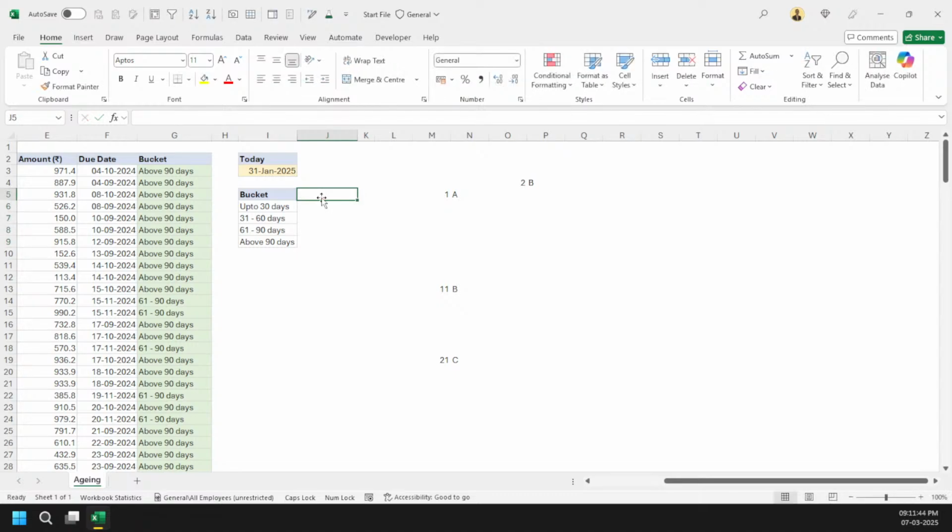I'm going to call it helper, and I will mention something like I want to start from 1, then my 31st value, then my 61st value, and anything above that, you can say 91st or anything above that, it will be above 90 days.